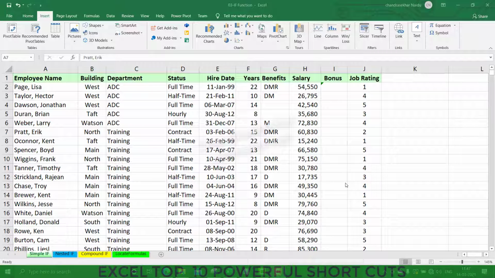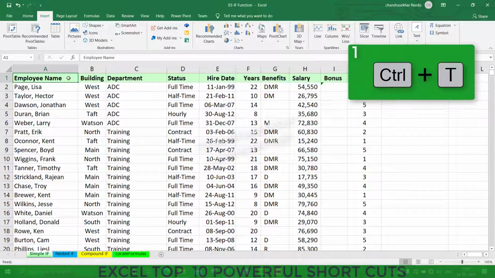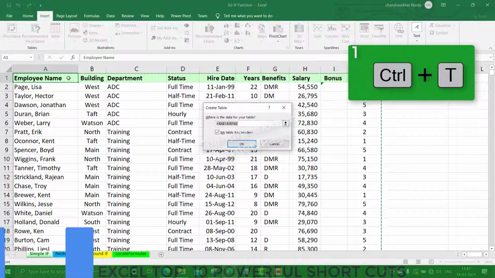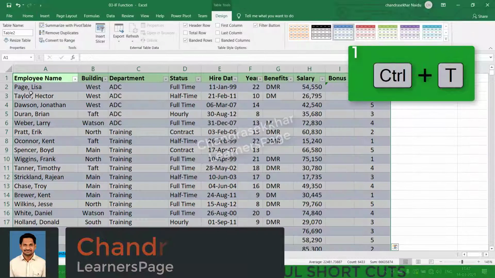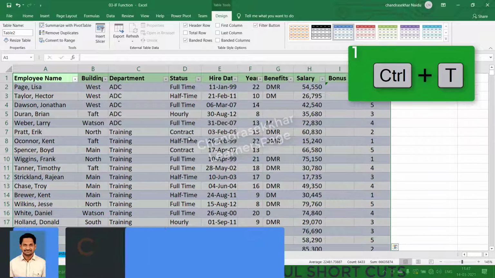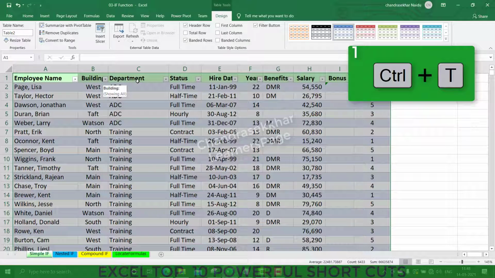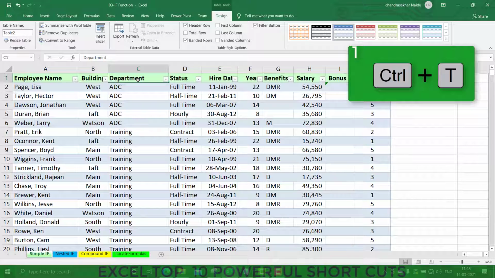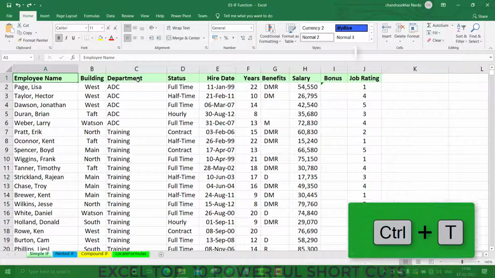One of the most effective shortcuts in Excel is Control T. This Control T will help us to create a quick table of the data. It is one of the most frequently used shortcuts in Excel. How we create this is just select the data range and press the Control T keys. It will automatically create the data in a tabular form, and you can find a lot of filters, and even you can customize this as a pivot table too. This feature will help us a lot in Excel.